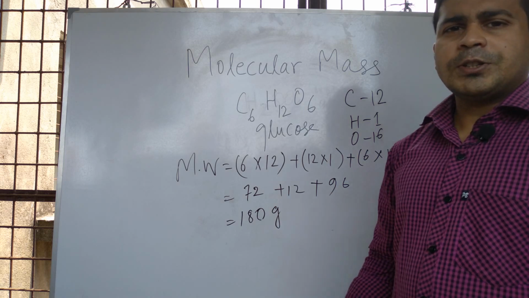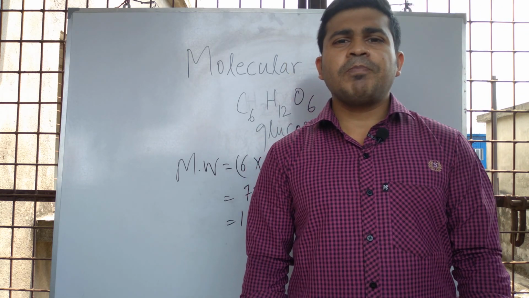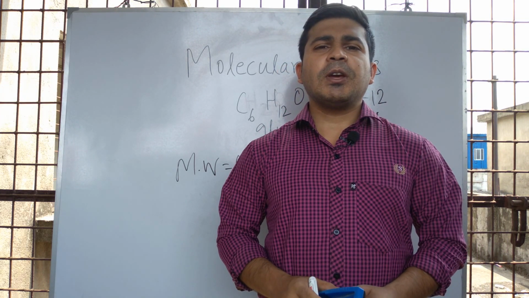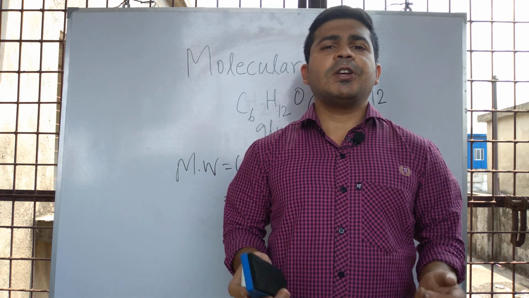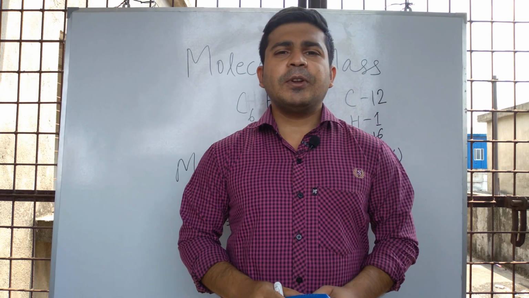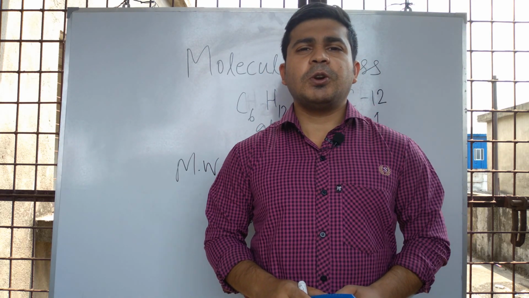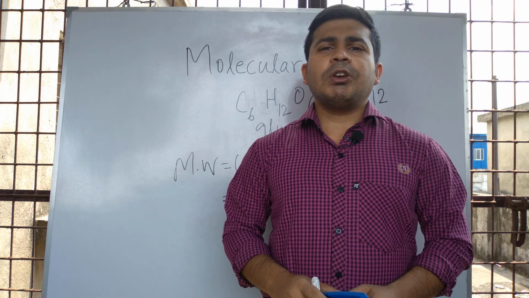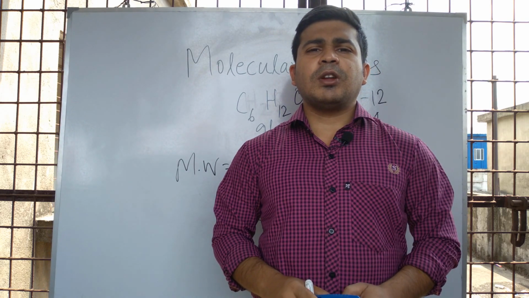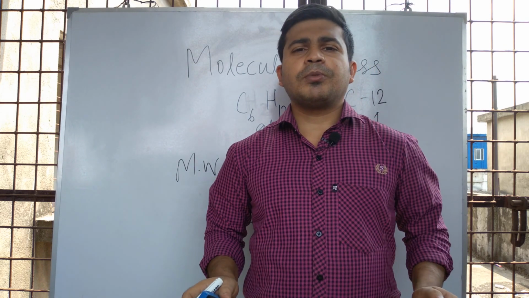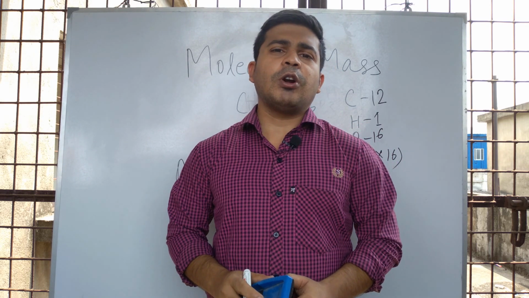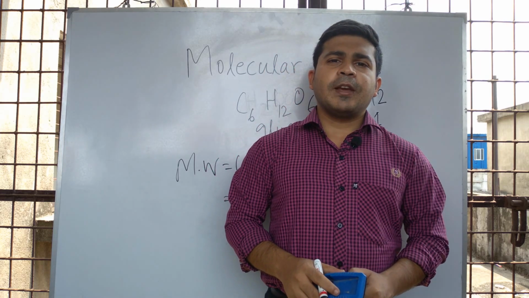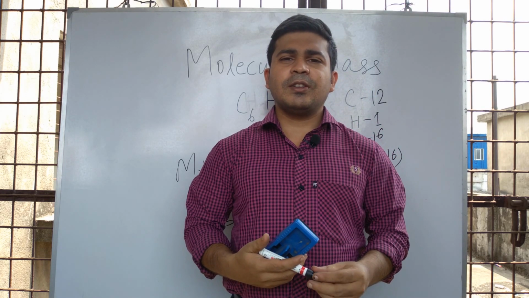So you understand this calculation, I think, in detail. So in this way we can calculate the molecular weight of different chemical substances accurately and clearly. I think you don't have any confusion about calculating the molecular weight or molecular mass of a common substance. In this way you can calculate the molecular mass and molecular weights of all the substances for which you need to calculate the molecular weight. And this is the discussion right now, and I think you understand this topic clearly.